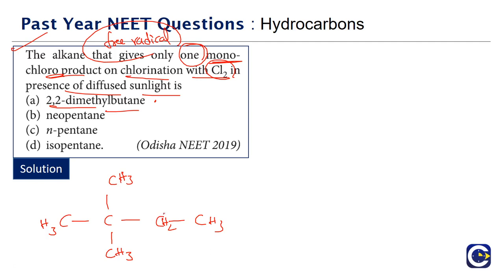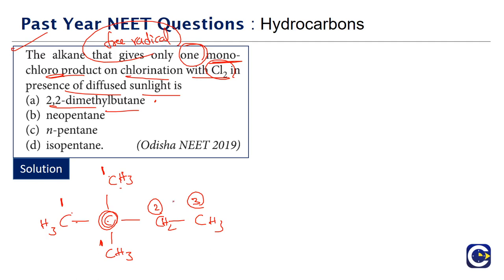Now when we go for the monochlorination of this, let us look at it. The 3 methyl groups on this carbon are identical. I can call all 3 places identical, because I can replace the hydrogens of these carbons by chlorine, but whether I do it from this carbon or this carbon or this carbon, I am going to get the same product. If I replace the hydrogen from another carbon, I am going to get a different product. From this carbon we cannot replace hydrogens because it doesn't have any hydrogens.